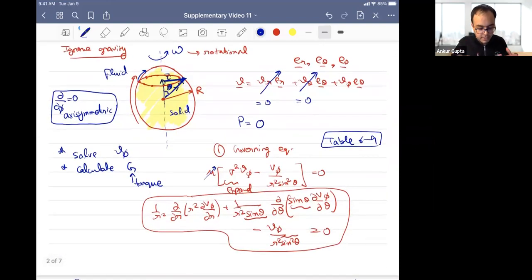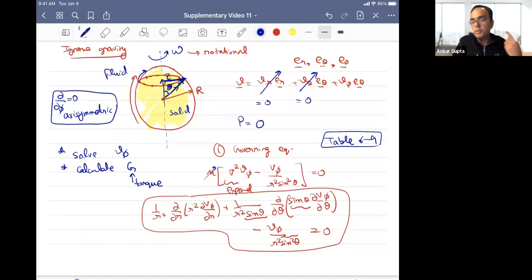And then basically the idea here is that because the sphere is rotating, only the phi direction velocity is important, which is in the xy plane. There cannot be any velocity in the theta direction, which is going like this. There cannot be anything going away from the sphere, which is the r direction. So it has to be the phi direction. We assume that there is no pressure gradient because this is created purely by the rotation, a purely rotational flow.